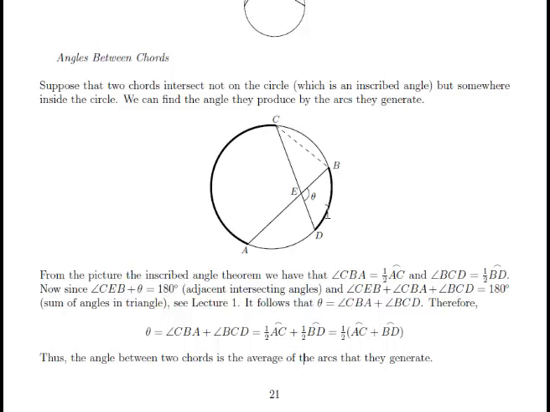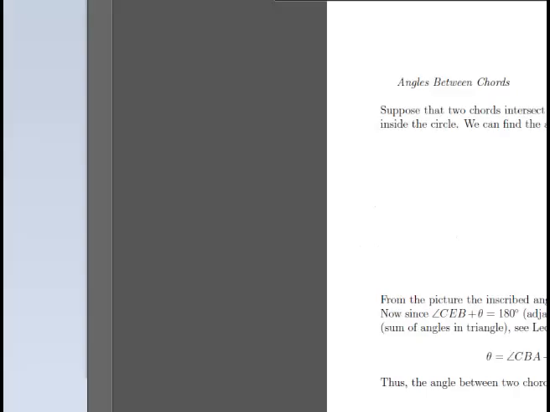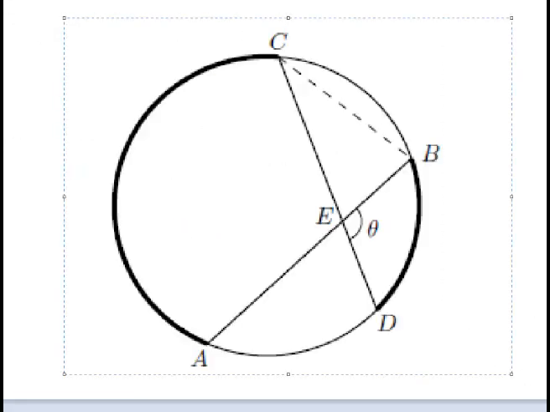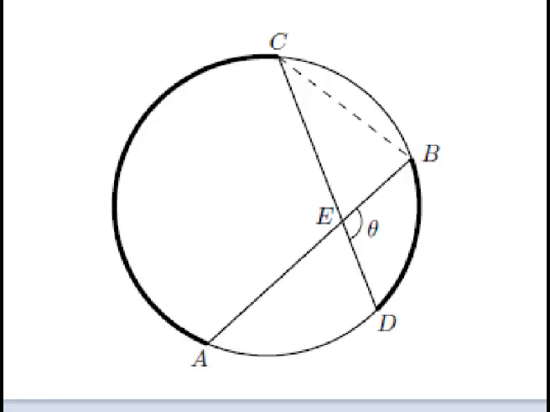Okay, now these are angles between chords. These are two chords that cut each other and make angles over here. Here's theta. The point is point E. And the rule is, let me make this a little bit bigger over here so that I can show you things a little bit more easily. So I'm going to make this nice and big. Okay, there we go. Now, the rule is over here that